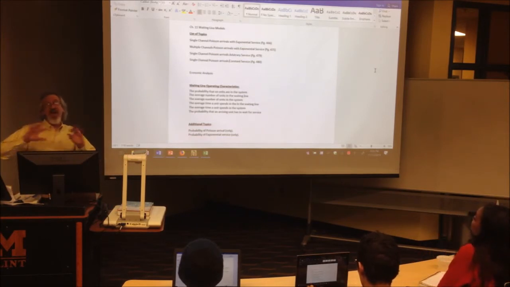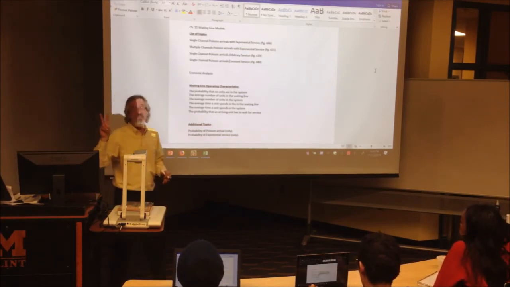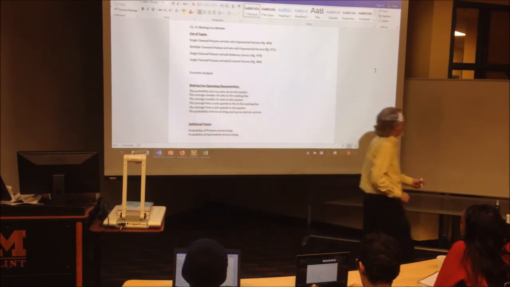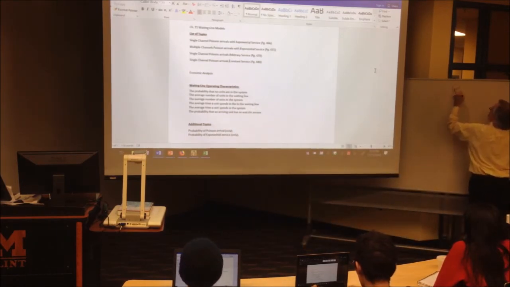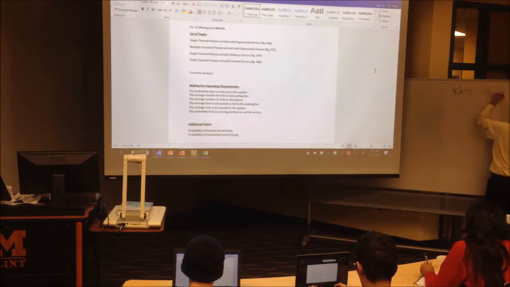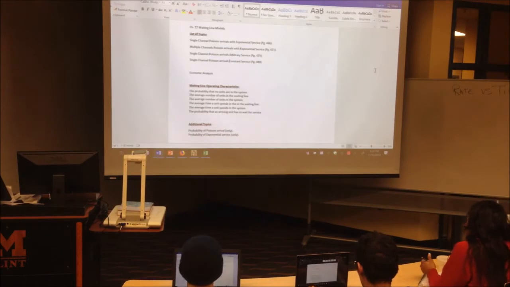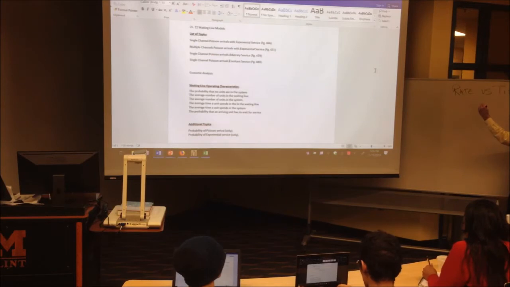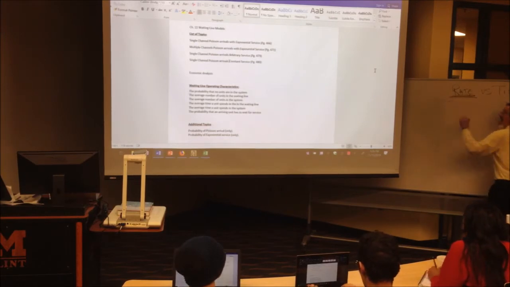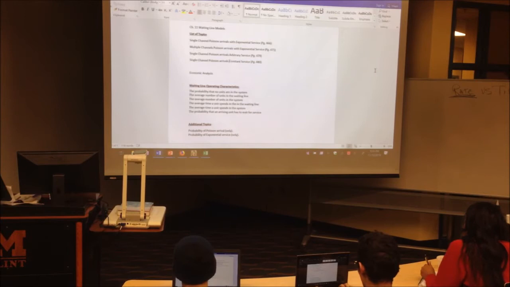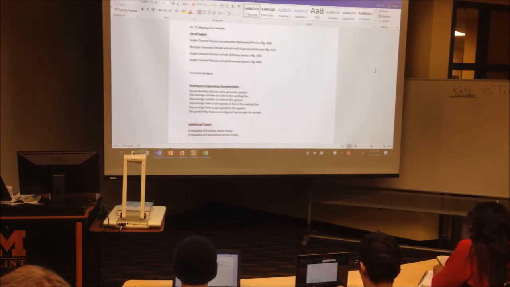Okay, now we got that out of the way. Here's the second thing that everybody has problems with, and that is rate versus time. I forgot to write notes on this, so I'm going to go off the top of my head. You have to use rate, but many of these problems will give you time, and you're going to need to convert it to rate. For example,